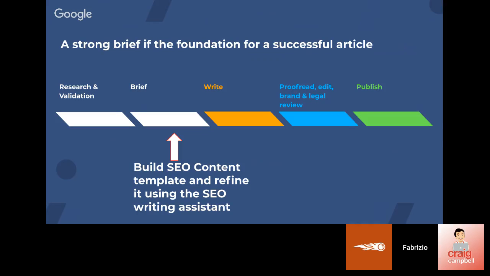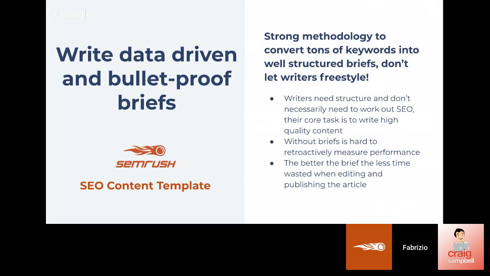that is probably, when it comes to us producing content, the most important part of our process. We start from research and validation. We have a stage where our content admins and specialists produce a brief, and then we send it to a freelancer to write it up, and when the content comes back, we proofread it, edit it, do a review, and then finally publish it. Over time, we figured out that the importance of the brief is probably 99% of the success of the article working,